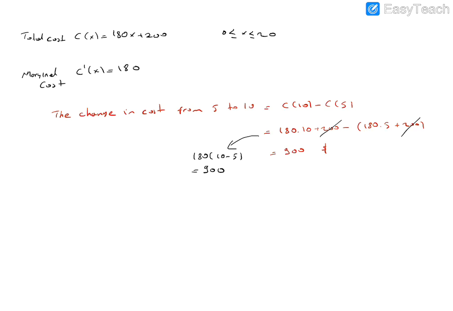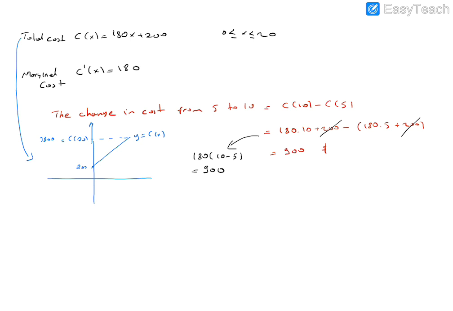So you can sketch these two graphs. The total cost graph: when x equals 0, this is 200. When x equals 20, it is 200 plus 118 times 20, 3,800 or so. Okay, so this is 200. You can check, this is C of 20. If I'm correct, this is 3,800. This is the graph of y equals C of x.